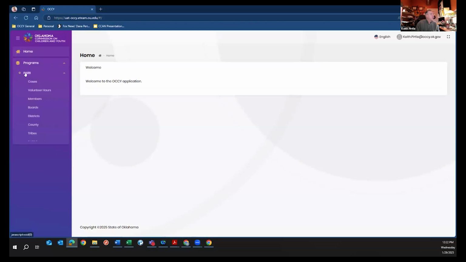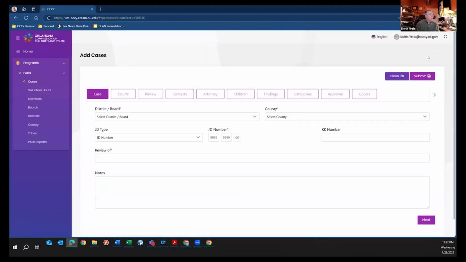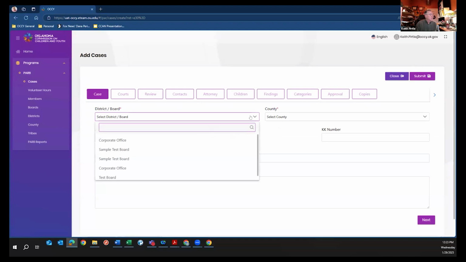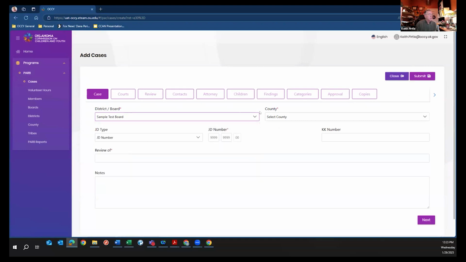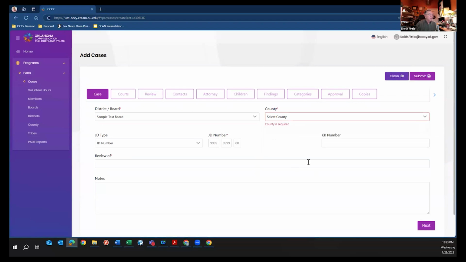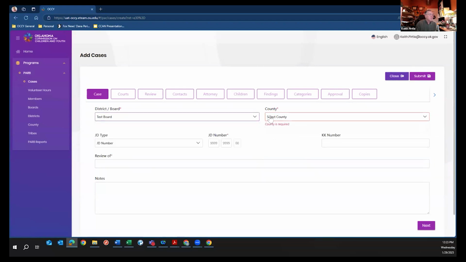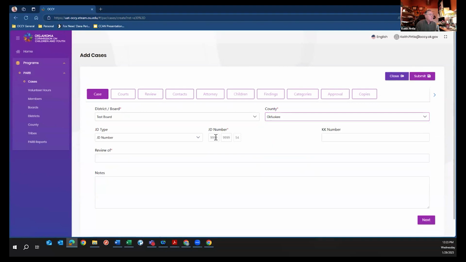So programs, PARB, cases. So a new case. You select your board and your county. And the JD number is a required field.